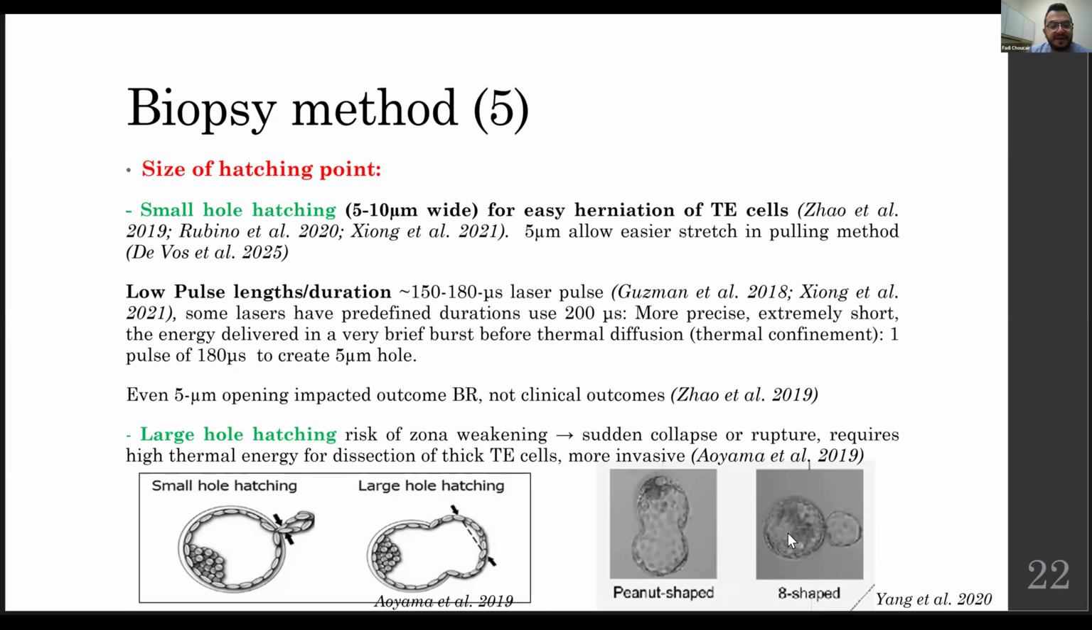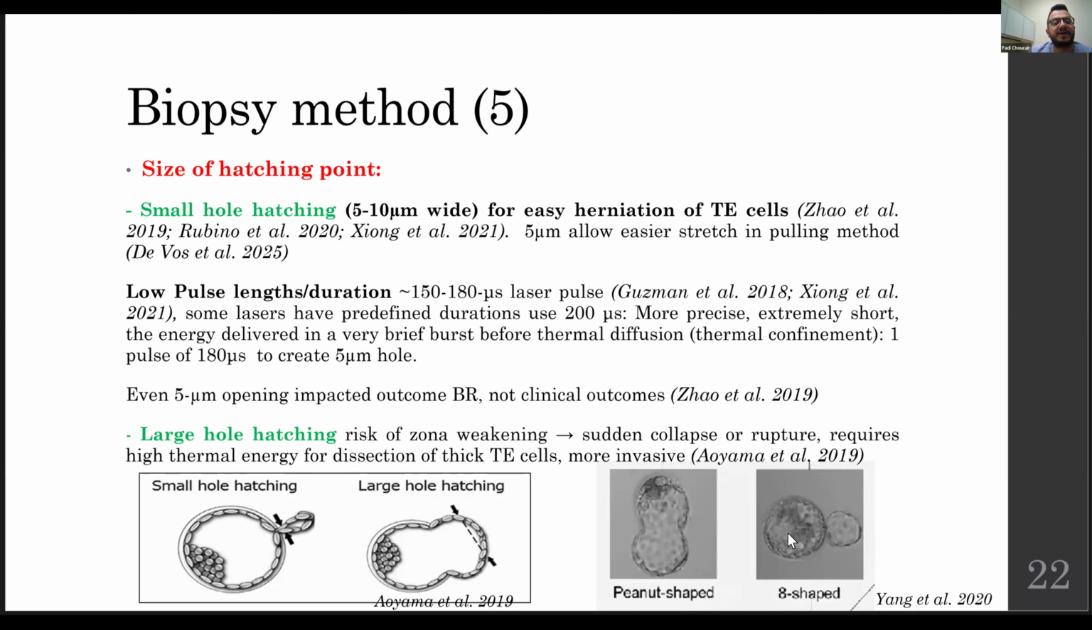Now let's move to the effect of the size of the hatching point. What's the size of the hatching hole? Is it a small hole or a large hole hatching? Small hole hatching is recommended to be between 5 to 10 micrometer wide for easy herniation of trophectoderm cells. This size was reported in 3 papers. 5 micrometer,